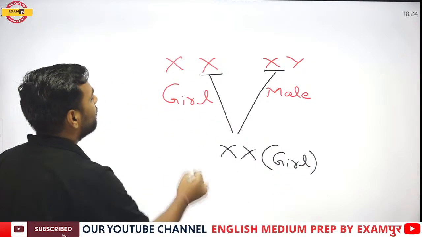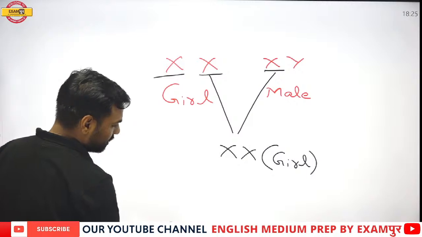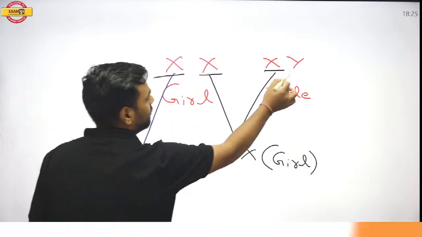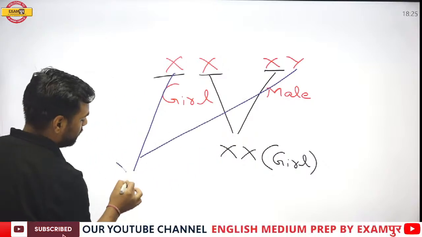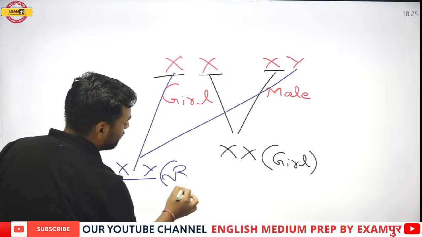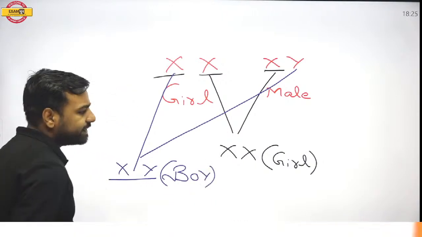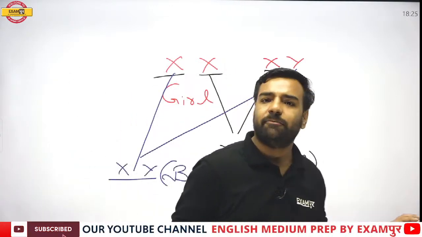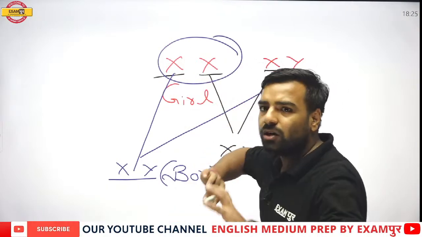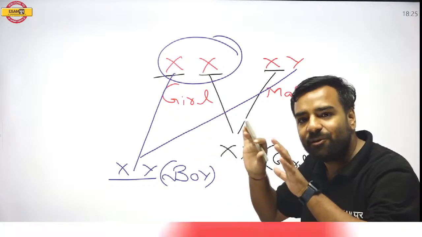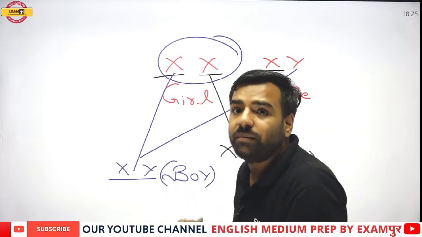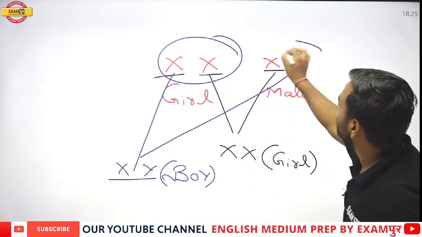But if we get, I'll choose the color blue, X from here and Y from here, so XY, this will lead to what? This will lead to a baby boy. So this is the thing. Here you can take the example where a female is not part of the game where it is determined whether it would be a baby boy or baby girl. It is determined by the male.